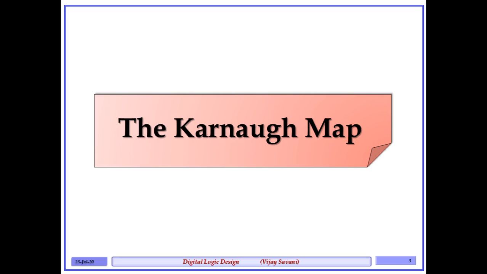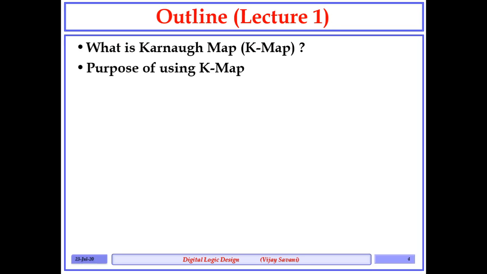Now, in this session, we are going to learn what a Karnaugh map is and for what purpose it is being used. Let me tell you, the Karnaugh map is basically used to optimize the Boolean function. When I say optimize, it is in terms of resource requirement, I mean the amount of hardware required to implement the function, so we need to optimize the area required for that particular hardware. So, using K-map we can optimize the Boolean function.